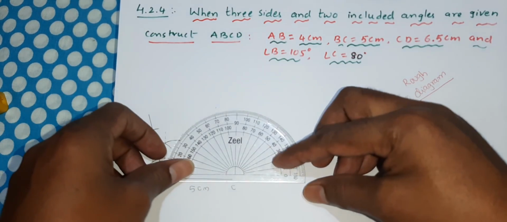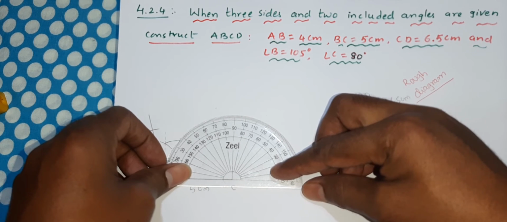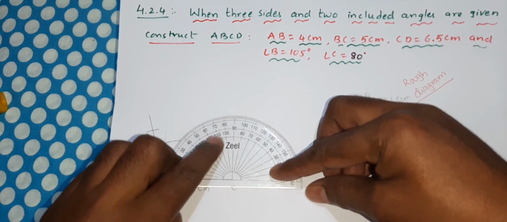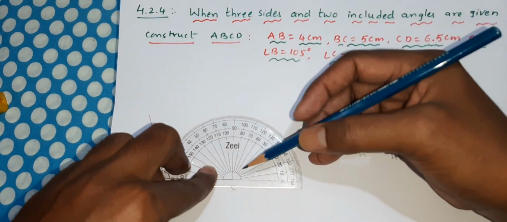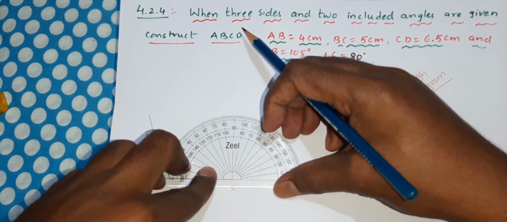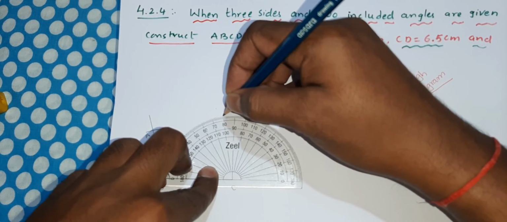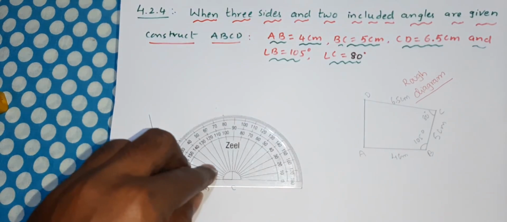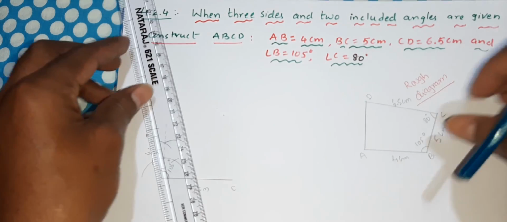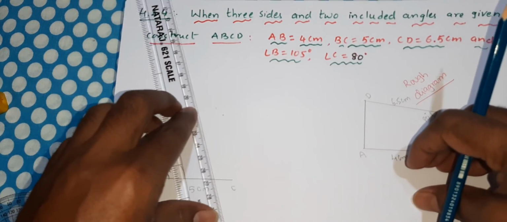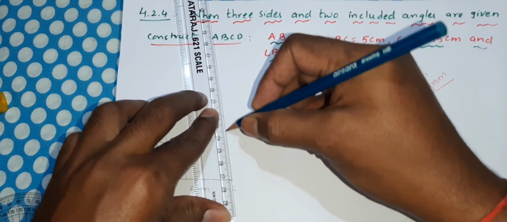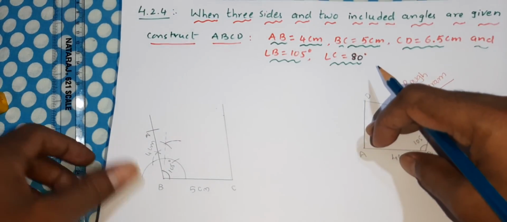Clear? Now at center C, 80 degrees is an acute angle. So you need to see that left hand side. Okay, 80 degrees is an acute angle. So you need to see that at angle C. See, this point will coincide with C here, exactly middle. Right? Now where is 80 degrees? Here it is 80 degrees. Right? Then take a point on that and from C you can extend that line. From that point, you just join those points. Clear? Now this is 80 degrees.